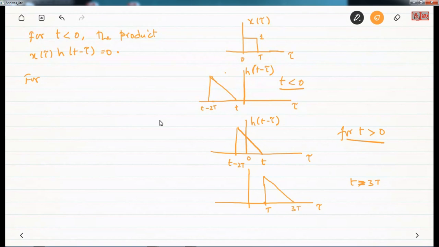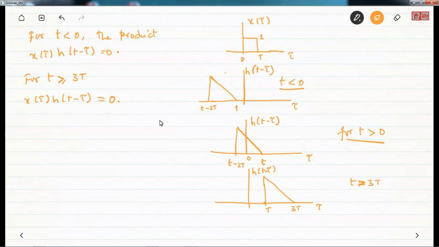So this is 3t. This x of t minus tau. For t equal to 3t, this signal will have moved to the right, and it will be from t to 3t. But this signal is only from 0 to t. So for t greater than or equal to 3t, again the product x of tau, h of t minus tau is 0, because when we are shifting this triangular signal to the right,